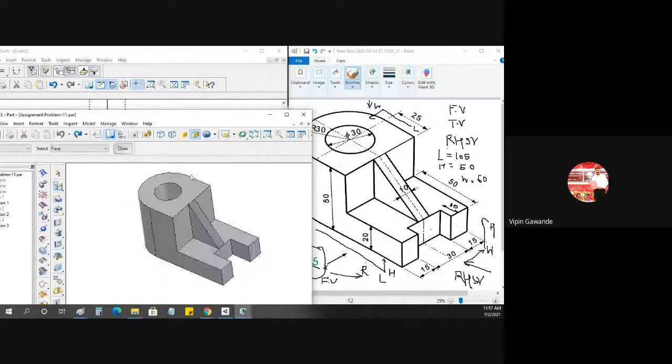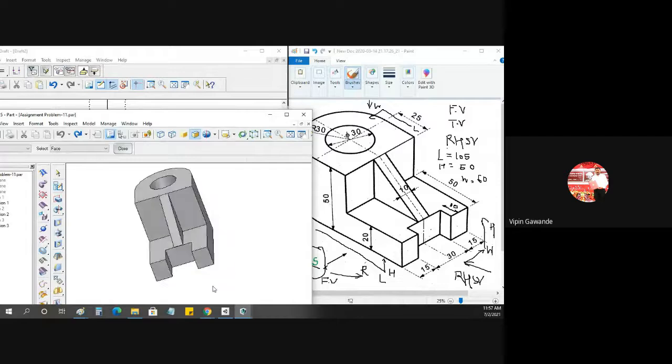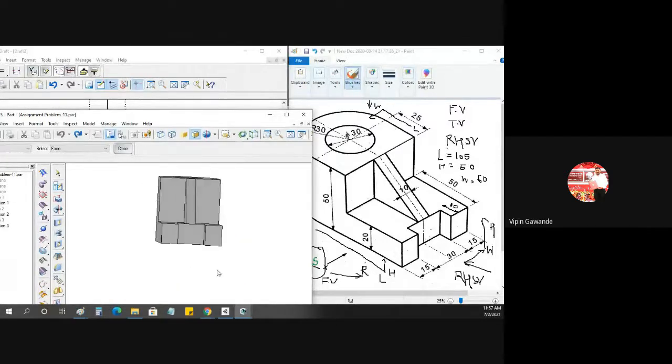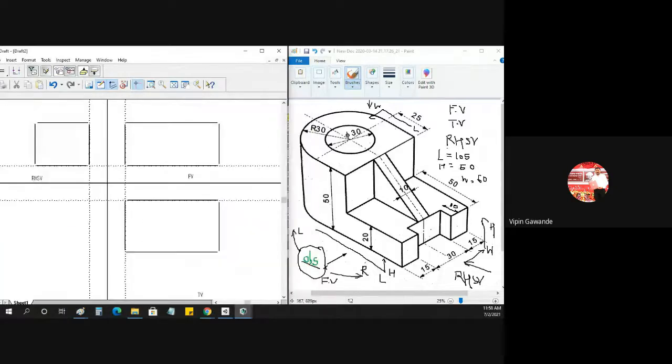And for the side view, from where do we look? This is our arrow. We will go from the right hand side, in this direction. So which dimension do we see? Horizontal is width, and vertical is height. So W and H. So we have drawn the three rectangles now.